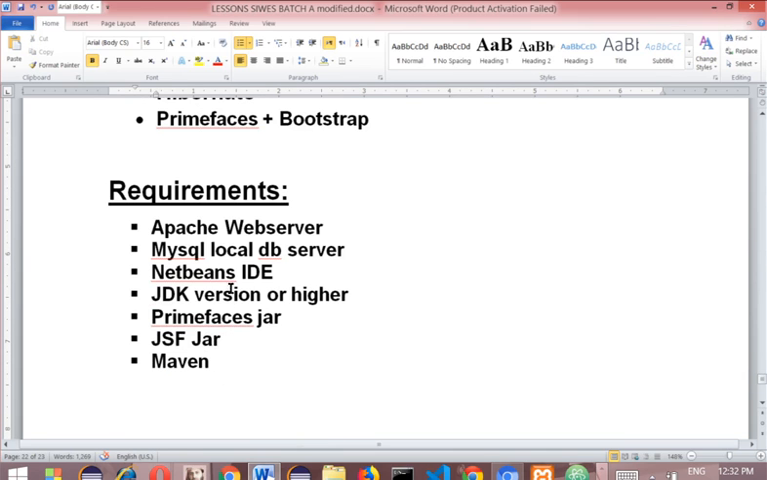The requirements are these: Apache Web Server. I'm going to use Apache Web Server 9.0.4. And the MySQL local DB server, I'm going to use 5.5 or 5.4. And then the NetBeans IDE, we're going to use NetBeans IDE version 11.1. Then the JDK, I'm going to use JDK 1.8 or higher, anyone. And then we're going to use the PrimeFaces jar file, that is the library for PrimeFaces, and then the